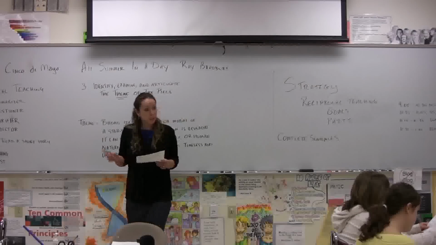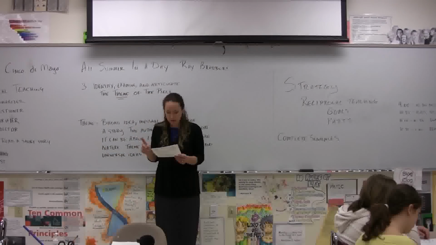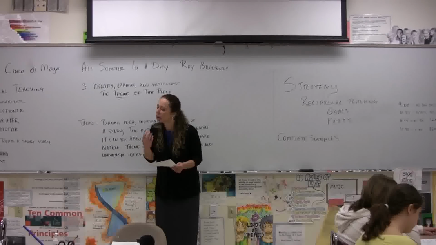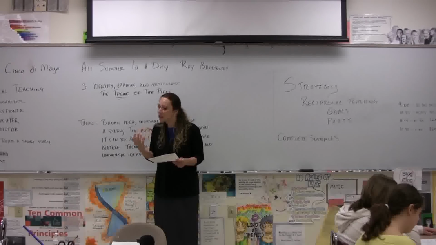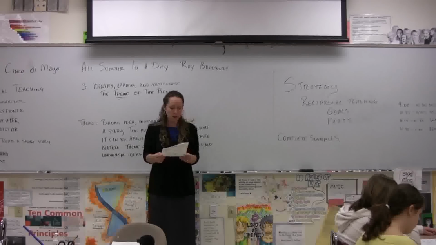Whoever is responsible for being the summarizer, it is your job to highlight key ideas, and those include the important ideas in what I read. Answer those questions as you're reading. What are the big ideas? What's happening? The questioner is going to pose questions about the selection. What connections can I make? How does this information change what I'm thinking? What is the author telling me by this comment?